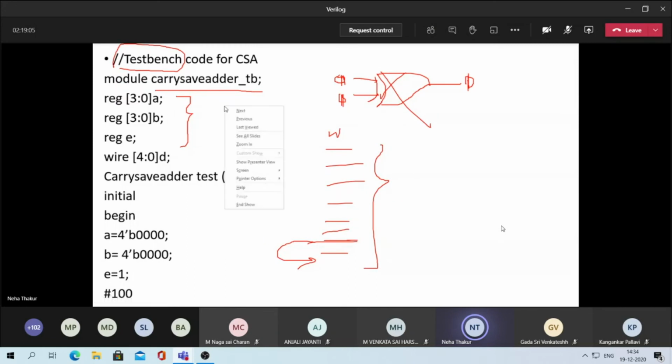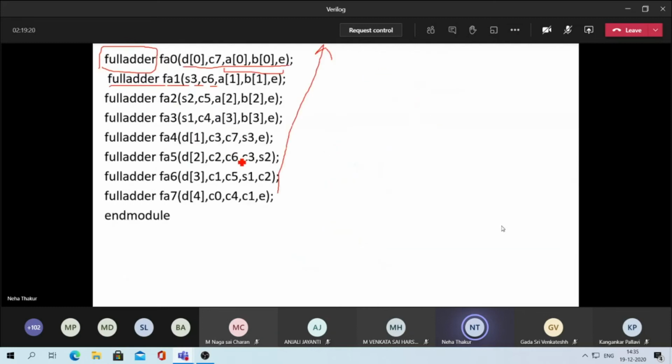So what is the reg? Reg stands for inputs and wire is for output. That means here these three will be giving you the inputs and this is your output. So how many inputs are there? 3 inputs are there.